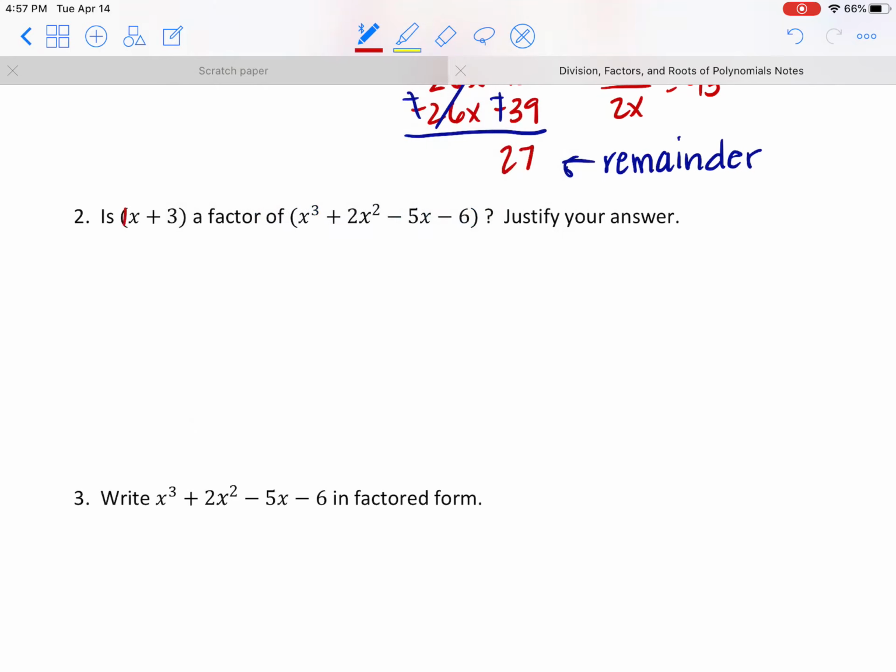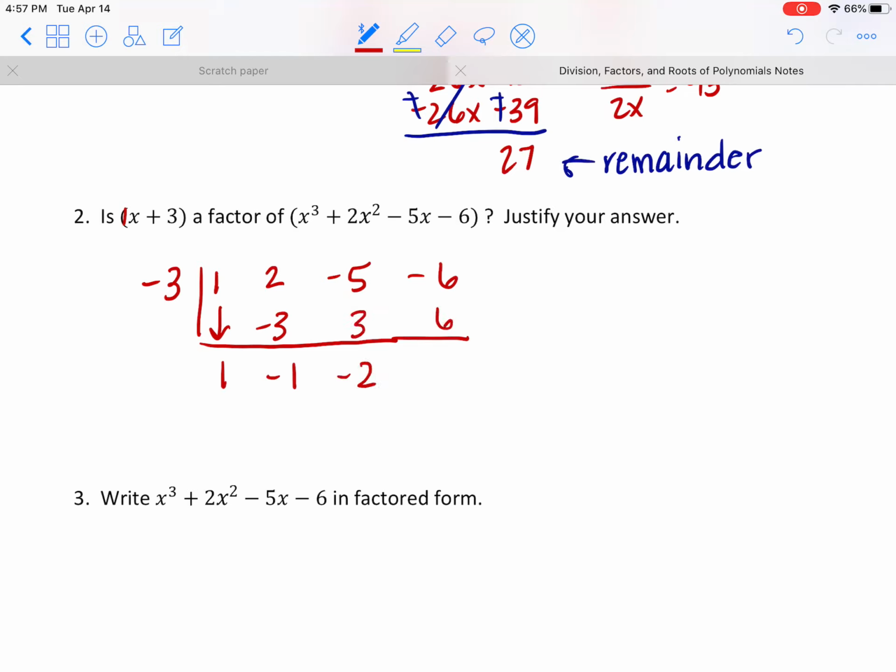Now this is a candidate for synthetic division because our divisor is of the right form, 1x to the first. So I'm going to put a minus 3 outside of the box, and then inside of the box, 1x cubed, 2x squared, negative 5x, and a constant of negative 6. Let's bring this down. Multiply, add, multiply to get 3, add to get negative 2, multiply to get 6, add,